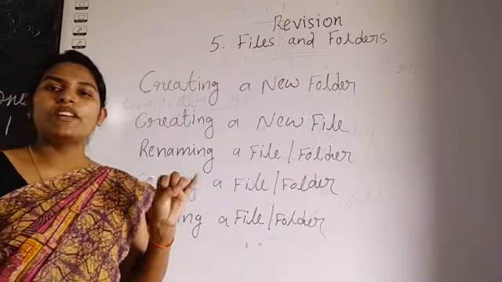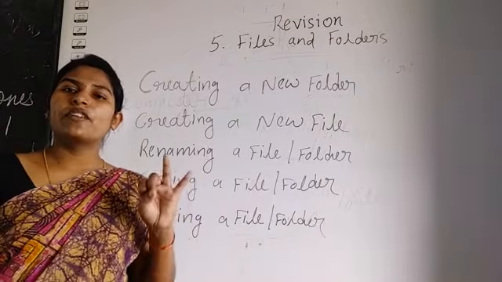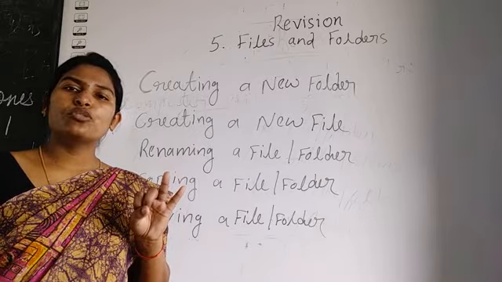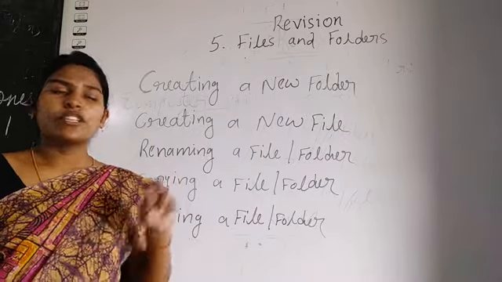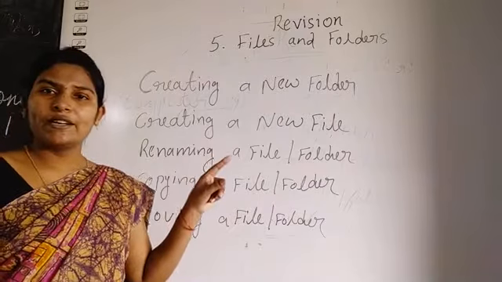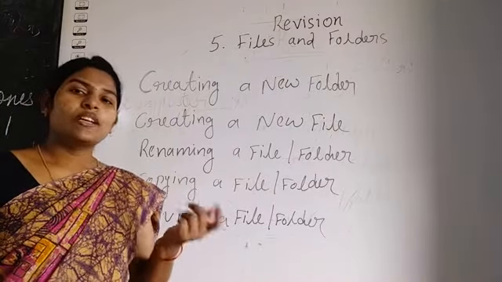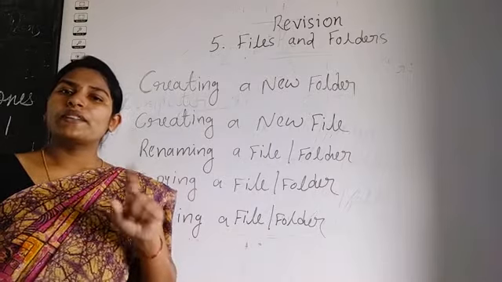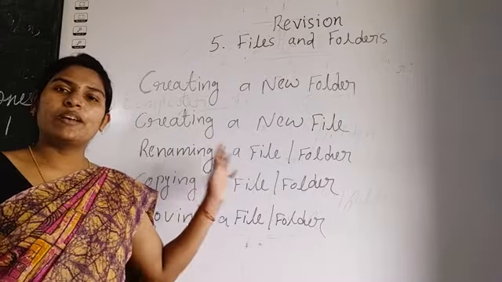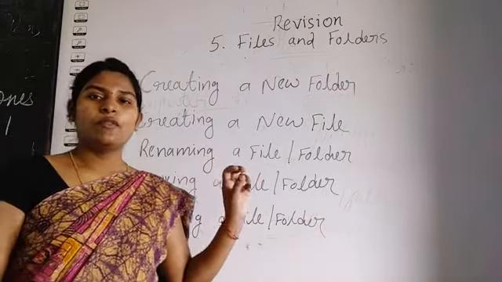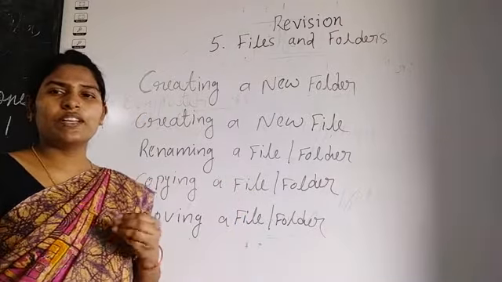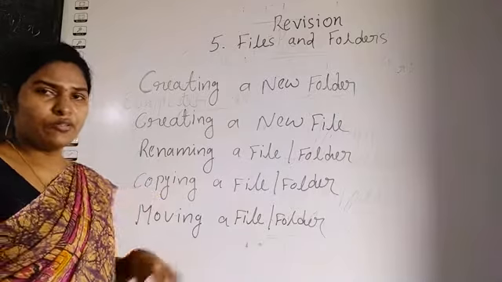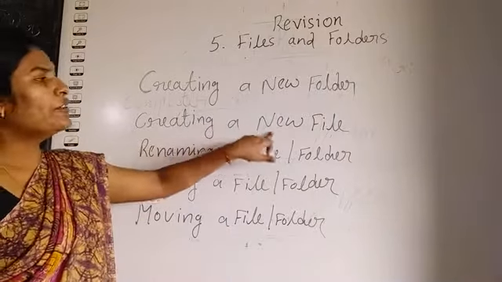Now from the navigation pane, you can click any folder. From there, go to home tab. From there, new group is there. In new group, you can click the new folder option. You can see the new folder on the content pane with a temporary name. Remove the temporary name and enter whatever name you want to give and press the enter key. Like this, we can make a new folder. Once we make a folder, after that we can create files, like copy, move, whatever we can do. Next, creating a new file.